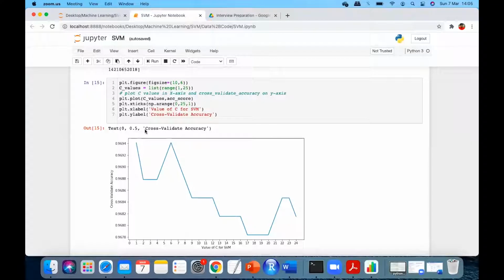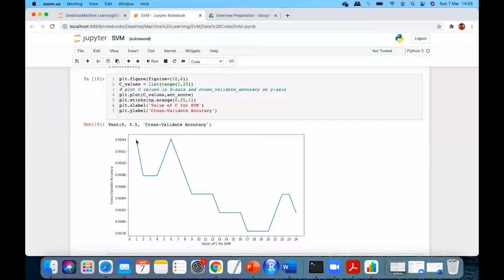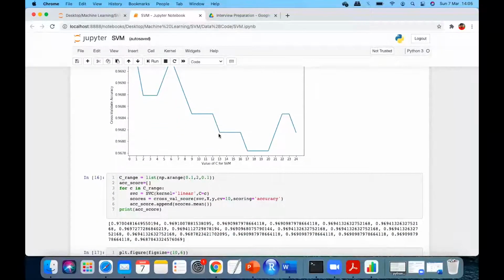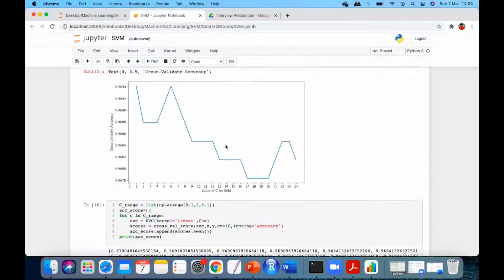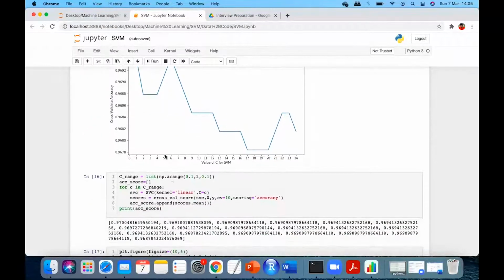At 1 itself. Yes or no? Maximum is at 1 and 7. Forget about 7. If we have got the exact same value at 1, why go till 7? So what I'll do is now reduce the value of C. This is how you will do it. So now we have got that around 1 only I'm getting the maximum. Now let's reduce a bit more. What I'll do is now start from 0.1, right?